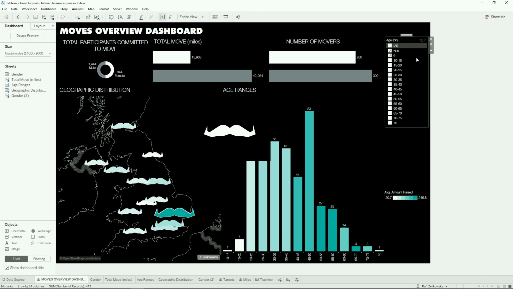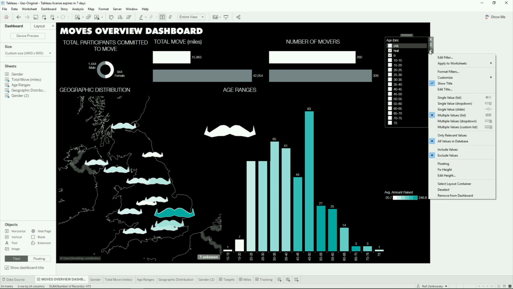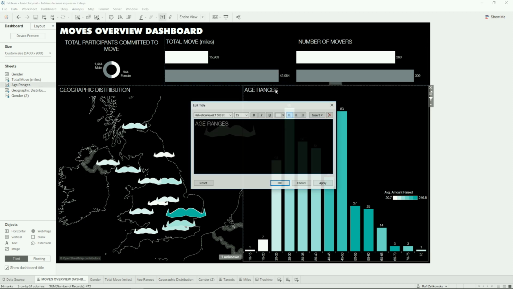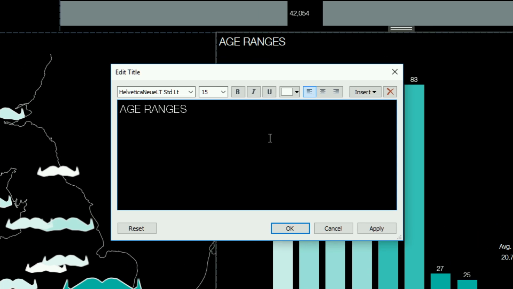If you do want to keep quick filters in your view, just think about different ways you can have them fit into your corporate standard. So for example, making sure to format the filters, and then also maybe changing them from a list value to a drop-down so it takes up less room. In this case, I will get rid of that filter, but I want to include instructions for my end users, because even though I know that I can interact with that bar chart, some people will be using Tableau for the first time at Movember, and they won't know that they can actually click on it. So I'll just make a little subtitle here that says, click on an age range to filter.